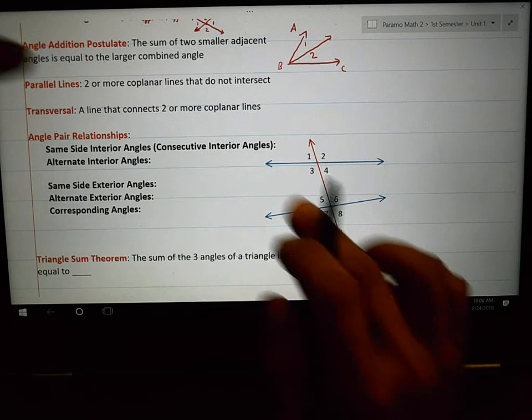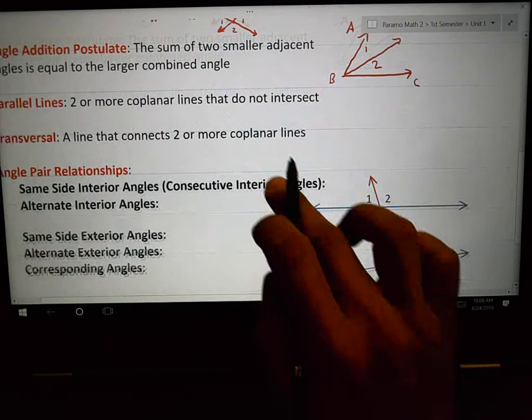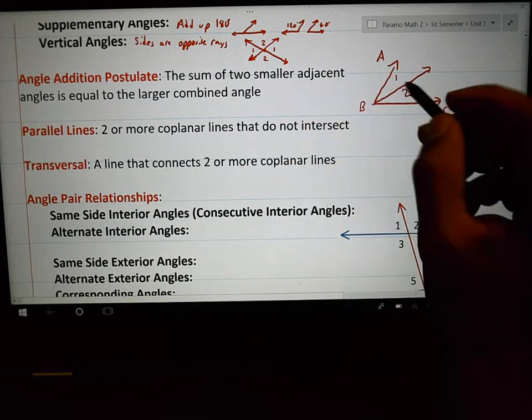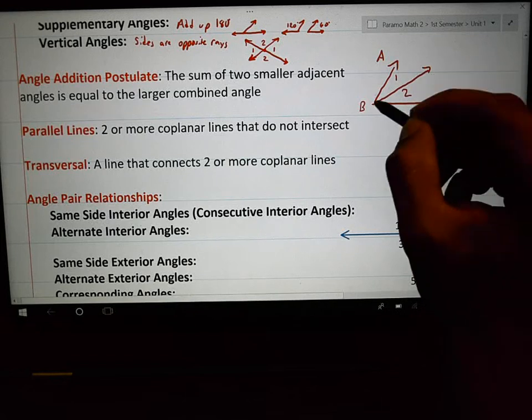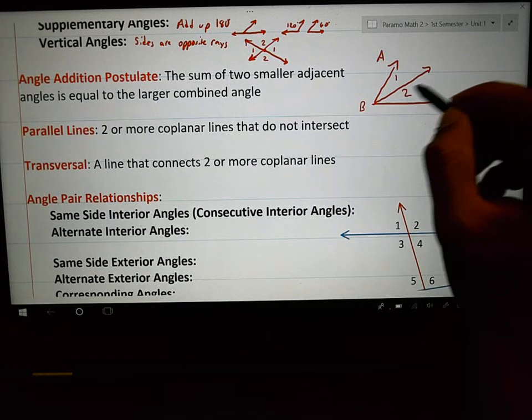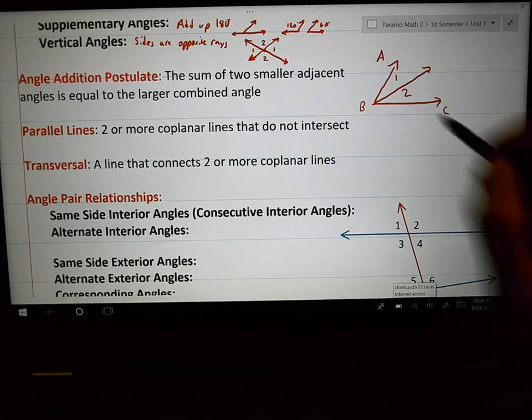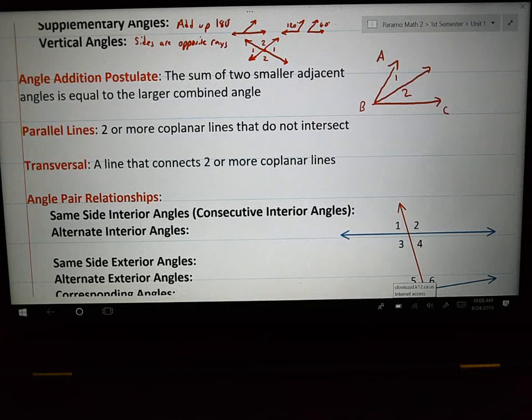The angle addition postulate basically states that this smaller angle plus this smaller angle would equal the bigger angle right there. When you get to your worksheet,